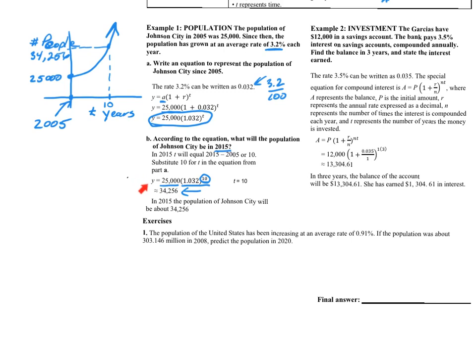So how many years after we start measuring in 2005 are we looking for the population? In this case, it was 10. Then just make sure in the calculator, you bang out your exponential part first before the multiplication, and you get